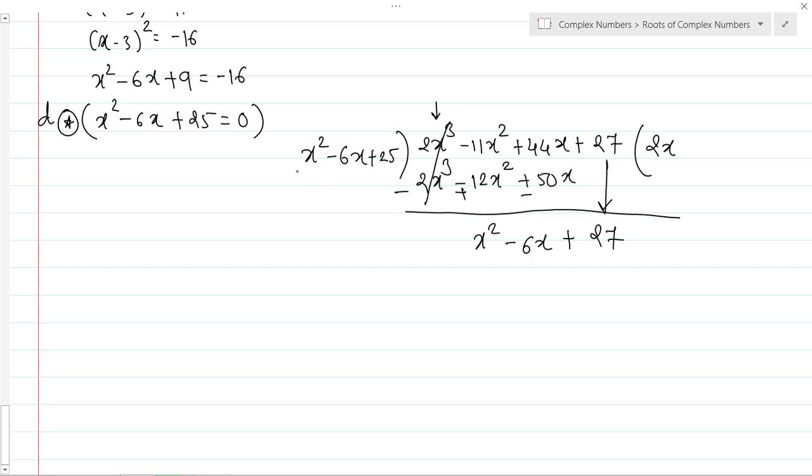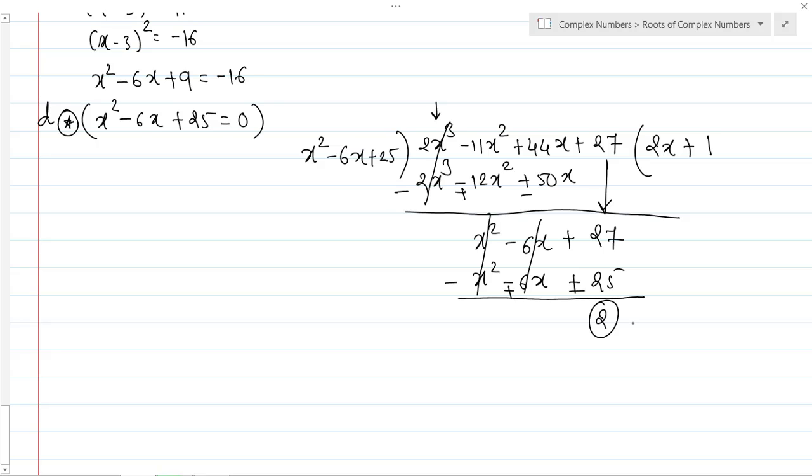Okay, now see here, x square minus 6x plus 25, x square minus 6x plus 27. Okay, now simply I can divide by 1. So I will be having x square minus 6x plus 25. So let's subtract this. So minus minus minus plus and minus, x square cancels, minus 6 plus 6 cancels. So 27 minus 25 आ गया मेरा 2.